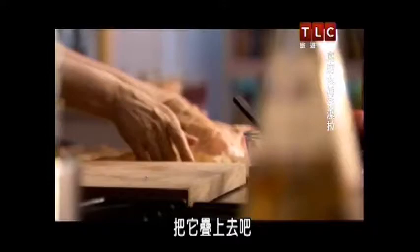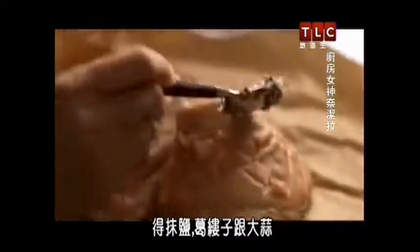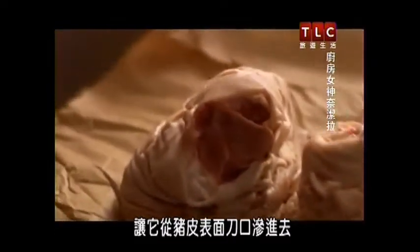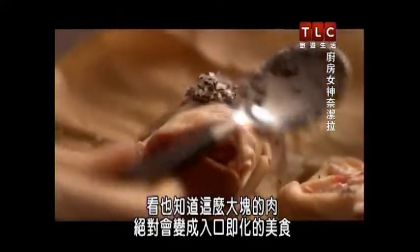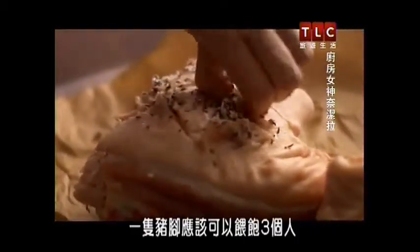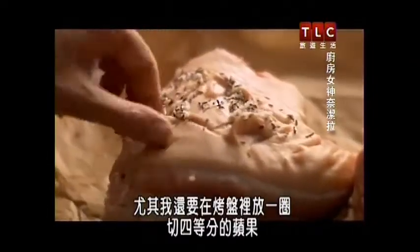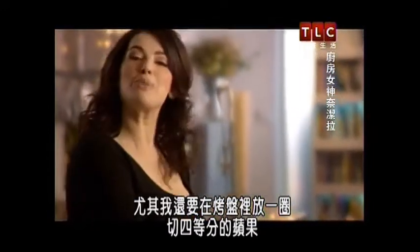Time for the imbrication. Now, the idea here is to rub the salt and caraway and garlic in, getting it right inside some of these slits where the rind has been scored. I mean, you can see that this kind of chunky nugget of flesh is going to make a melting morsel. I think you can get 3 people per knuckle, especially since I'm going to surround the tin with quartered apples